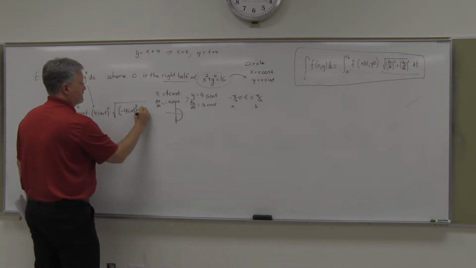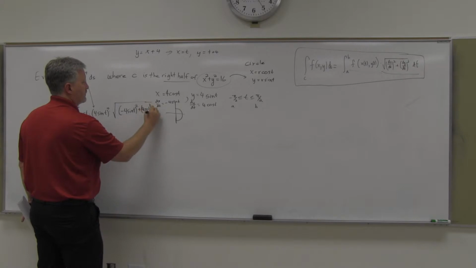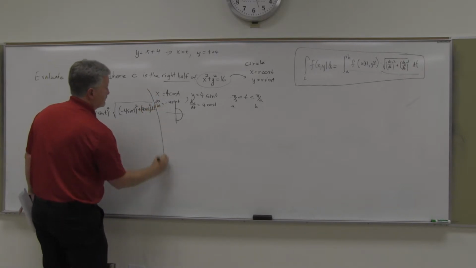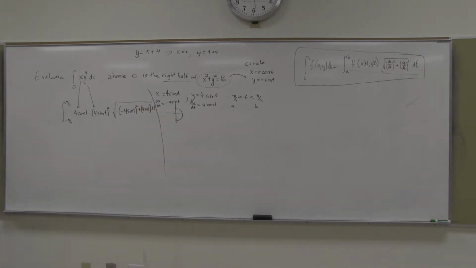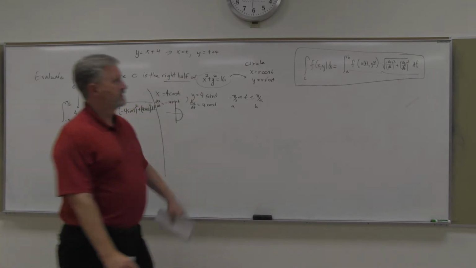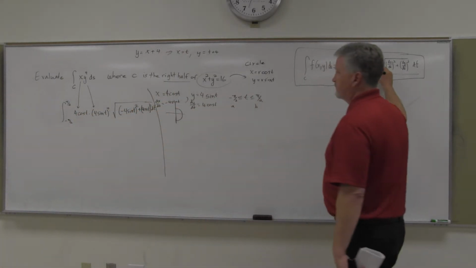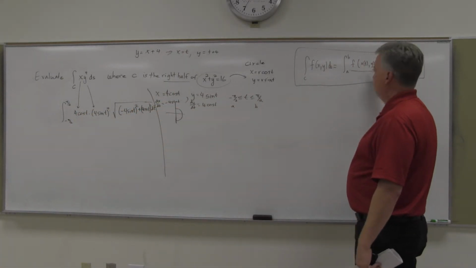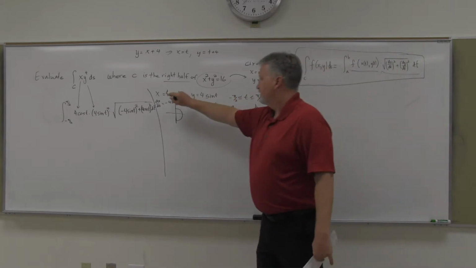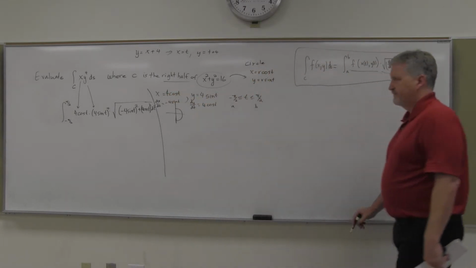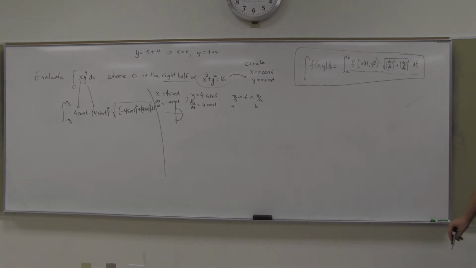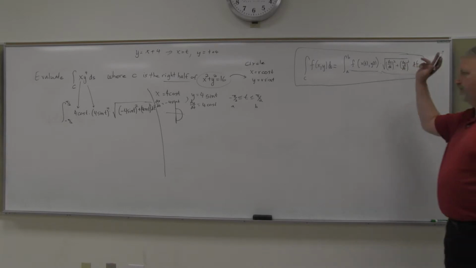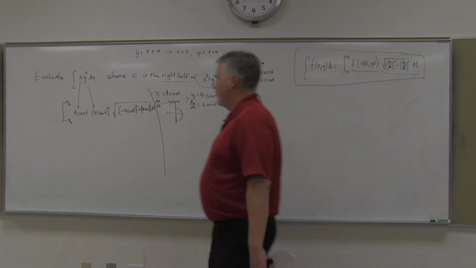So I plus the 4 cosine t squared. And then dt. With f of x of t, y of t, you're just plugging in whatever x is and whatever y is, depending on what that equation or function is. And then do your derivative square root. All right,